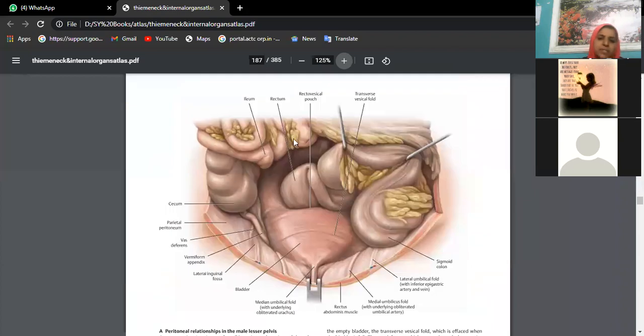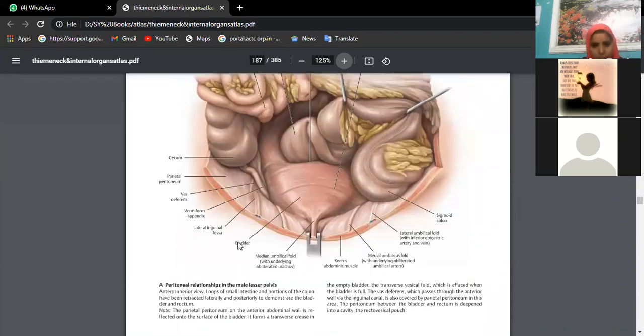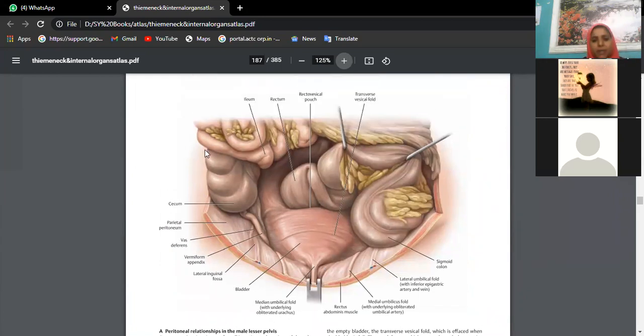Now this is one more section where, see here beta, this section is the transverse section, and the view has been taken superiorly. Now see here, this is the pubic symphysis area where you are finding a hook is attached. So just behind, what is this round organ just behind the pubic symphysis? This whole is our abdomen only. You have cut a transverse section of abdomen and you are taking the picture from above. What is the organ we have immediately behind the urinary bladder? Meghana?